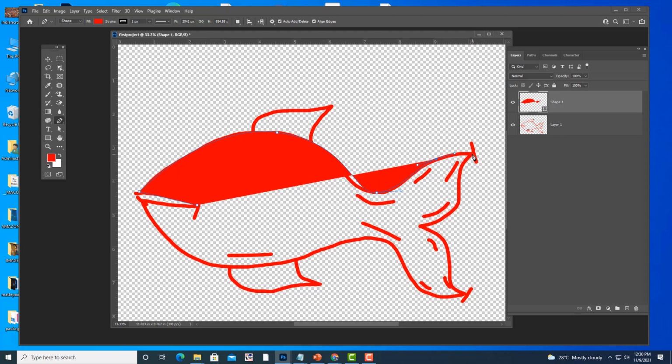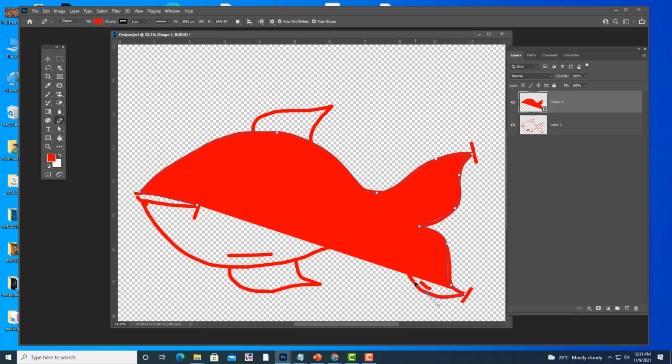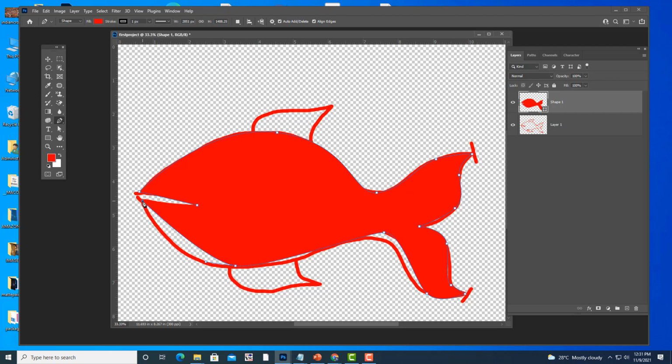And this is a sharp corner, click, and again drag, and again drag. And this is a sharp corner, click, drag, drag, click, drag. And here a rounded corner is there, drag, drag, click, and click. Okay, so first we got a shape.